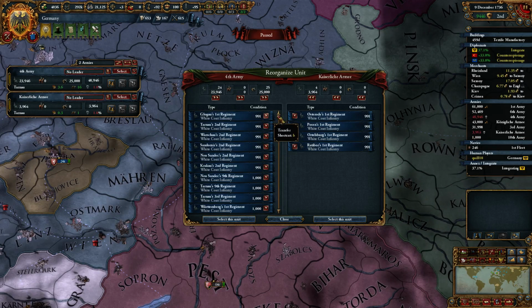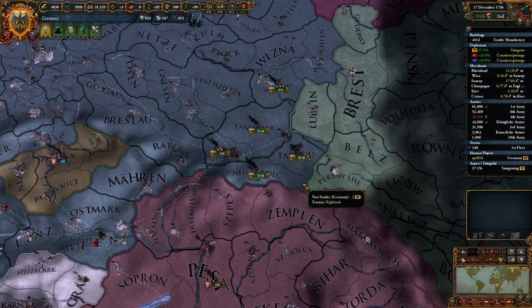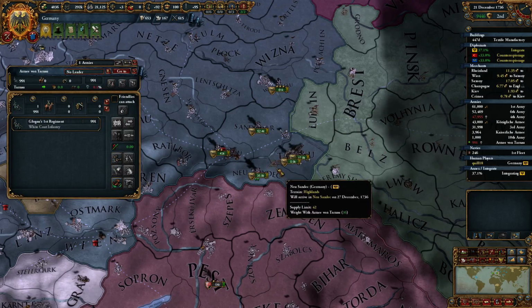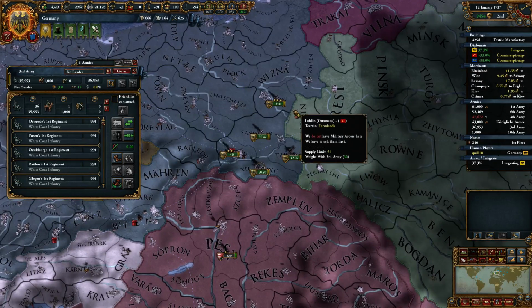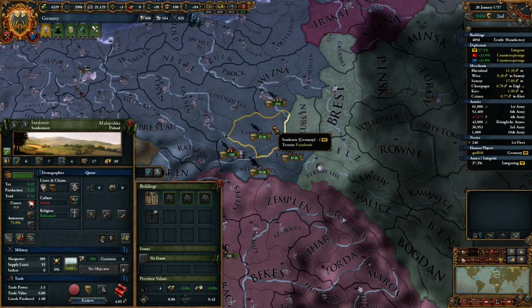1, 2, 3, 4 is too many. So we'll move you out over there. Really? Still? What, by 1? You're right at it. Okay, we'll remove 1 more so you don't get attrition and move you down here. With a leader, you'd also be fine. And that's going to be something else we're going to have to spawn. Luckily, our military tradition's pretty high. So, oh, right. What I was doing here is I was going to check...